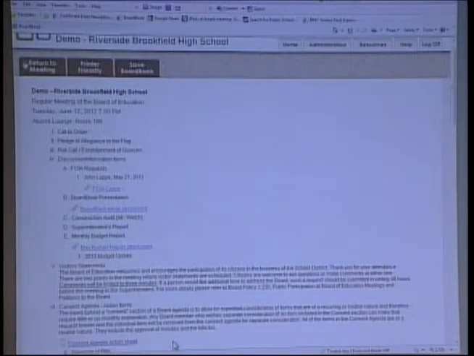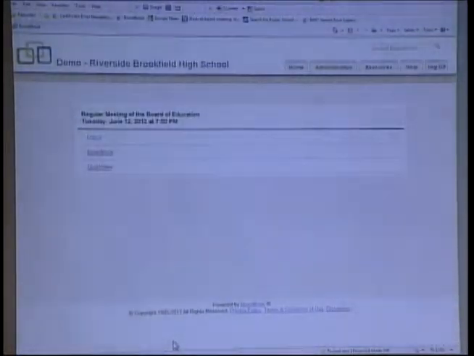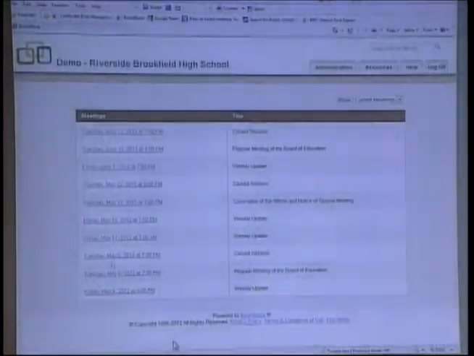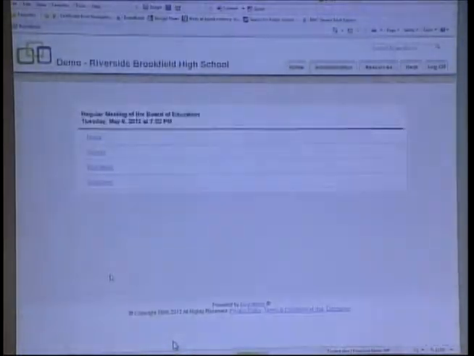These don't get swapped out typically. Usually you don't change your original board packet, but you would rather add the approved minutes directly to the date. So underneath Quick View, you would see a new link that says approved minutes. So they're tied directly to the meeting date. Later, if you need to refer to the May 8th minutes, you go right to May 8th. You don't have to hunt through a June packet to find them.